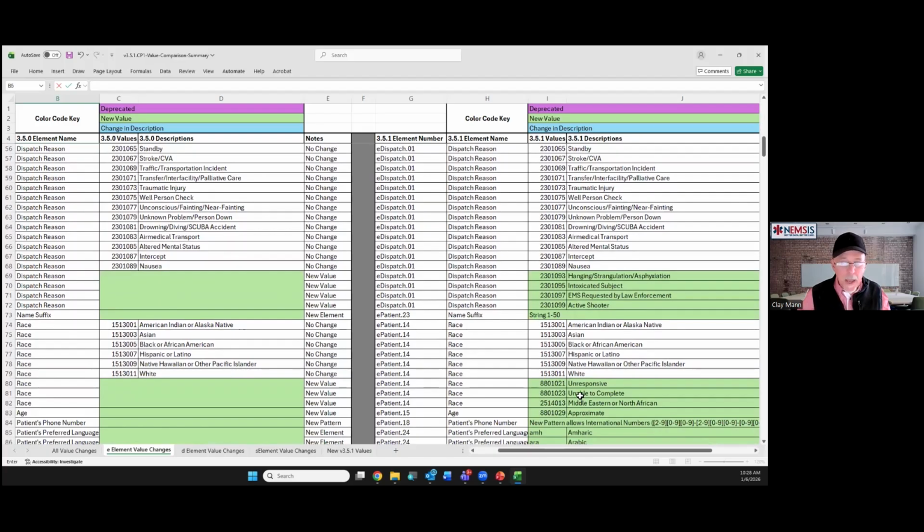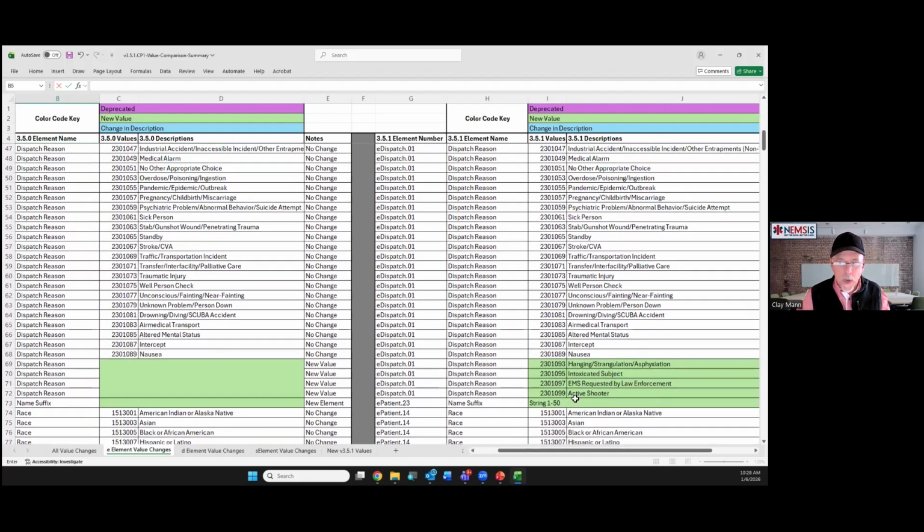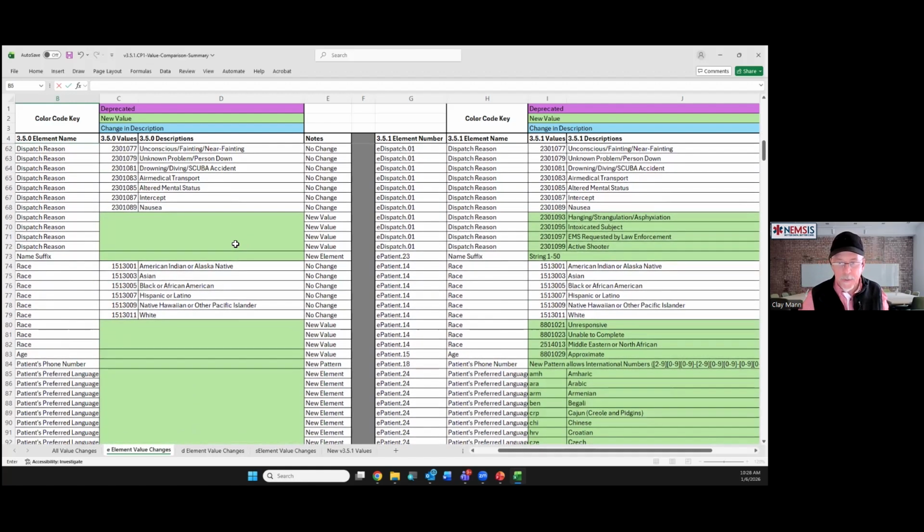Let's walk down through here. Reasons for dispatch. Lots of reasons why patients could be dispatched. We've added additional values based on stakeholder input to include active shooter and intoxicated subject. You can read those here. So additional values have been added to the dispatch reason. I'm just highlighting some of the